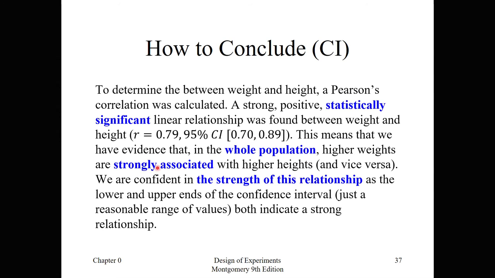So here I can make a conclusion that I couldn't make with just concluding in my p-value, specifically that the higher weights are strongly associated with higher heights, whereas in the previous write-up I just said higher weights are associated with higher heights because I didn't want to assume that statistical significance is the same thing as practical significance,